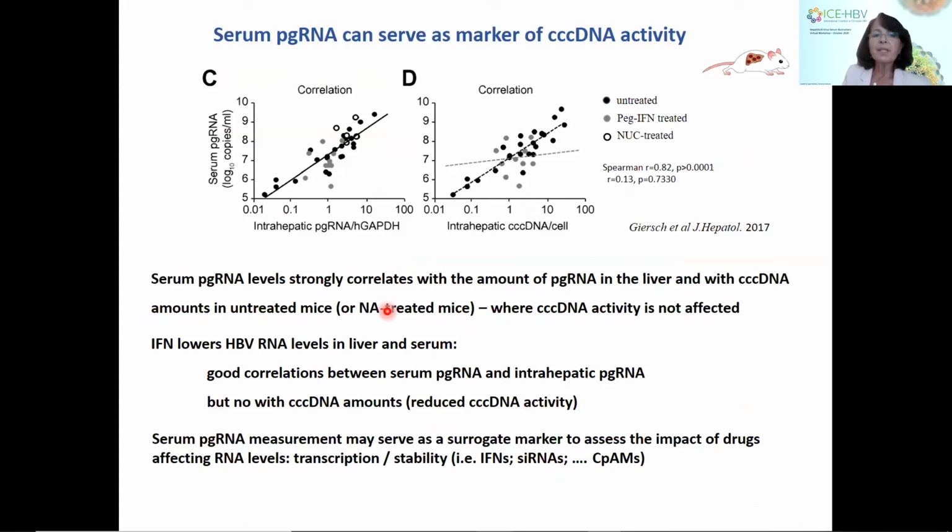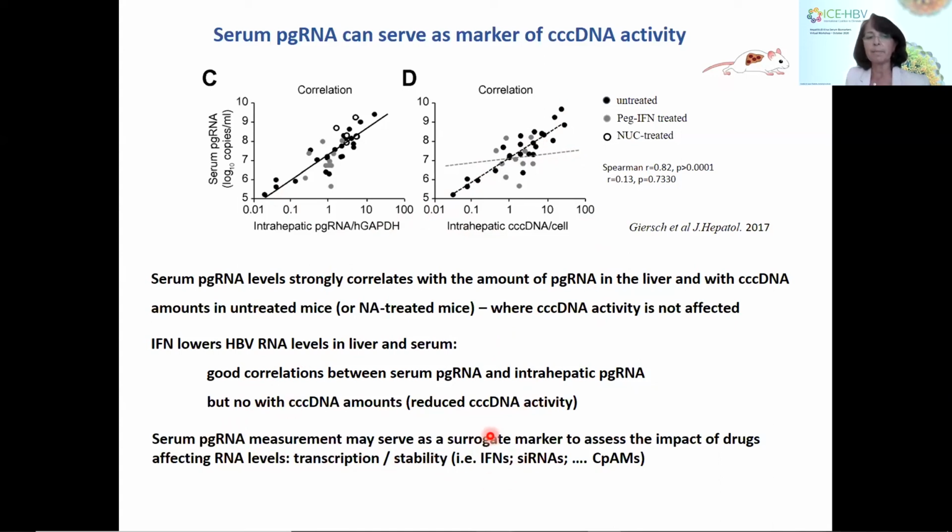Yes. There we also tried to correlate the amount of serum pregenomic RNA with the amount of pregenomic RNA in the liver, which showed that they correlate quite well. And also in untreated mice, it correlates well with the amount of intrahepatic cccDNA. But this correlation is lost in mice that were treated with interferon alpha, because there is less cccDNA activity. So